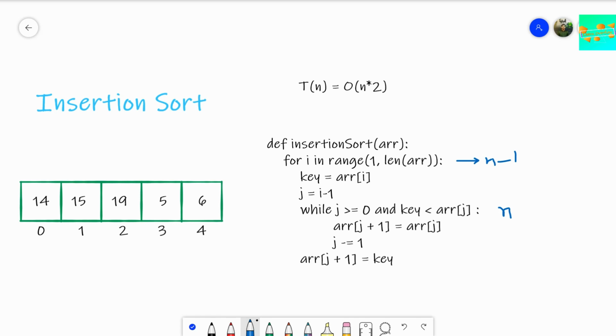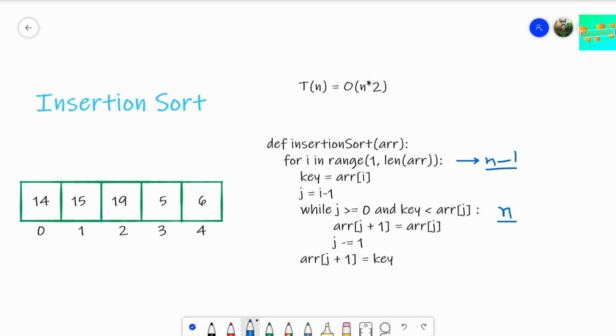Okay, so if you consider the boundary cases of this insertion sort algorithm, you can find out that insertion sort takes the maximum time if the array is sorted in reverse order. Just consider the array is already sorted in reverse order, then it takes the maximum time. As I was telling you, this for loop would run for n minus 1 times and this while loop would run for n times in the maximum case. So the time complexity would come as n square. That's the worst case complexity of insertion sort.